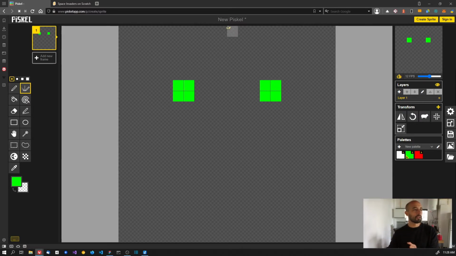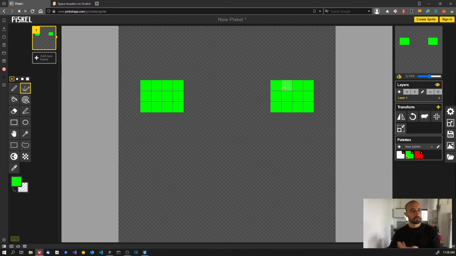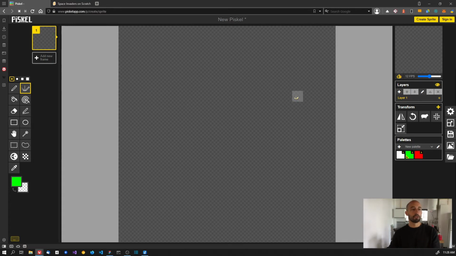So you can see this, like if you have an axis here in the middle, a vertical axis in the middle, what you are drawing here is going to repeat on the right side. And the same, if you draw on the right side, it's going to repeat on the left. But then you have some other options which are also cool, because you can use only the horizontal axis,